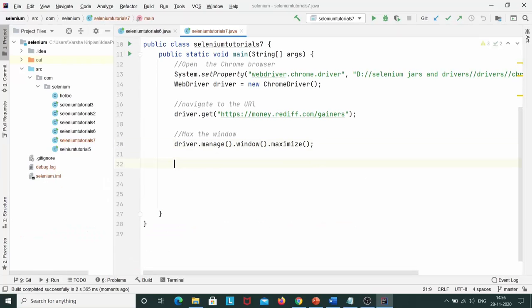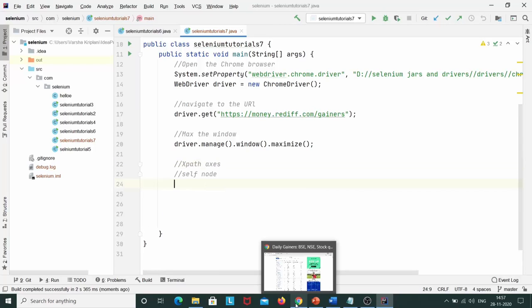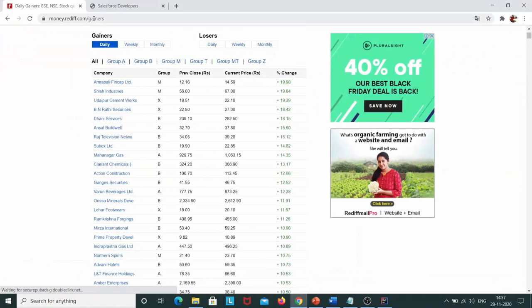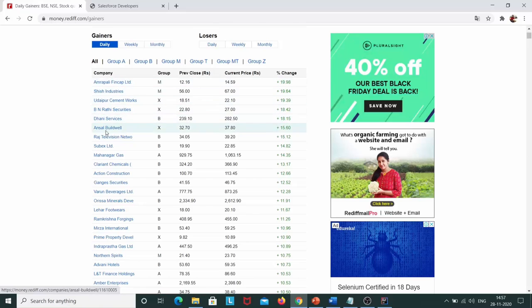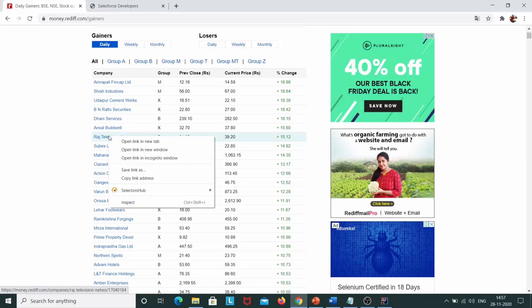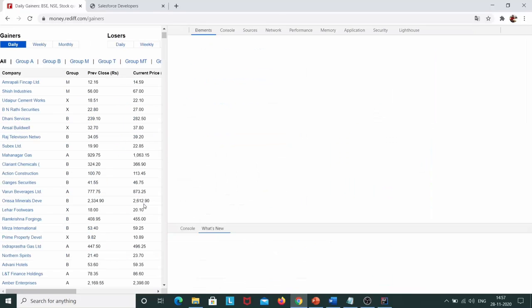So let's get started with the XPath axes. The first important thing that we need to identify is the self node. On the basis of the self node, we will identify the other relationships, that is the ancestor, the parent, the descendants, and everything. So the first thing is we will identify the self node. I'll take any of the columns. Let me take this one, and I'll click on inspect,